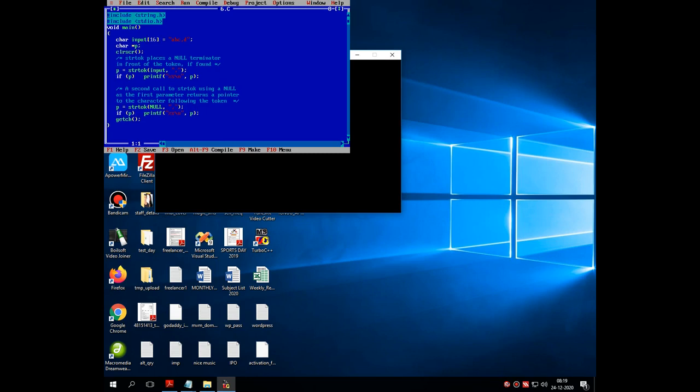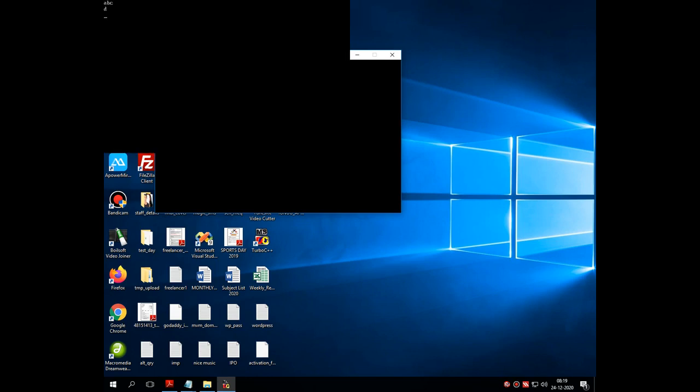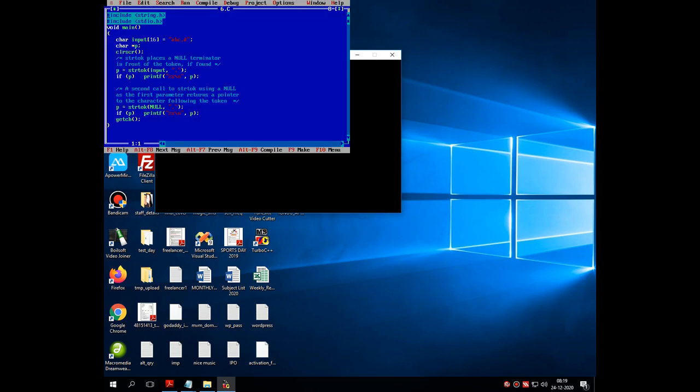This is the code for strtok. What does it print? ABC and D. What it does is, first of all, I have taken an inputted string, which is ABC comma D, then there is a character pointer. That pointer follows the strtok function where I have passed the inputted string, that is ABC comma D, and then it